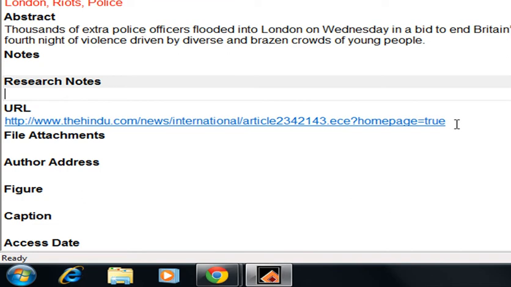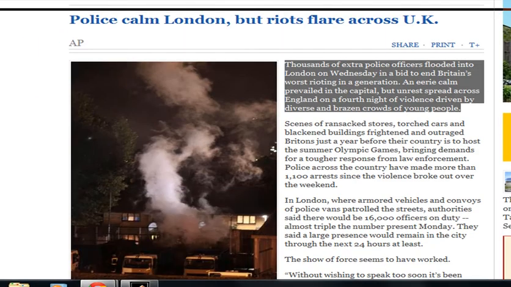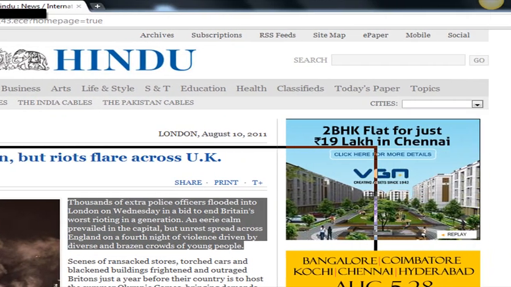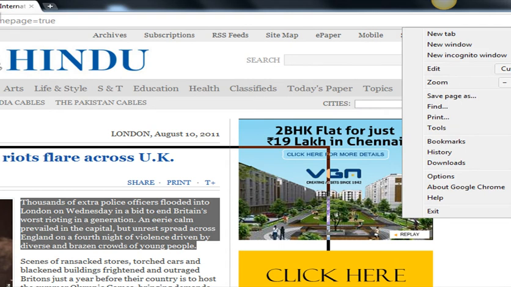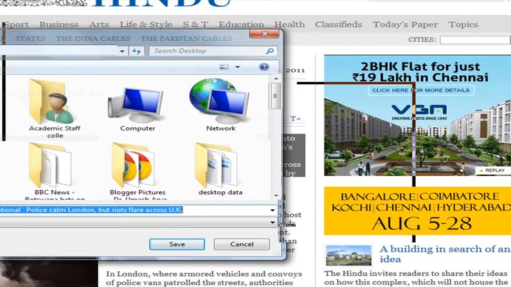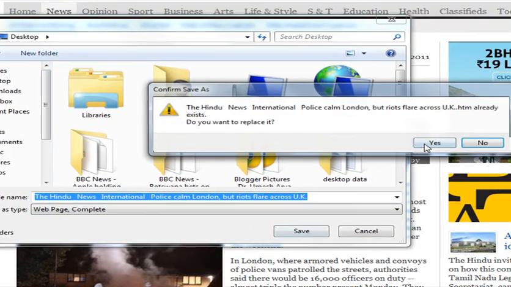So we need to save that complete web page in EndNote so that we can refer to this news item in the future also. So what we would do is go to The Hindu and then save this web page, like save as, and save it on the desktop.